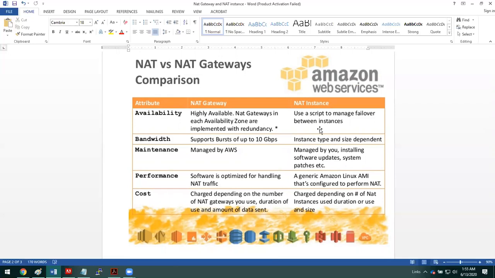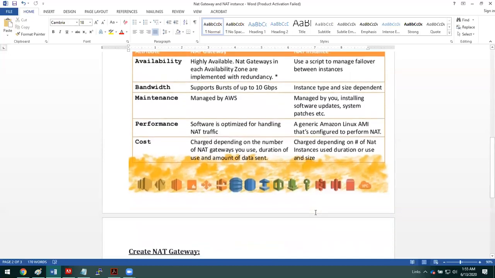The NAT instance will give us the facility of UDP, TCP and ICMP packet fragmentation. There are a lot of other features available. You can Google it and use that information.